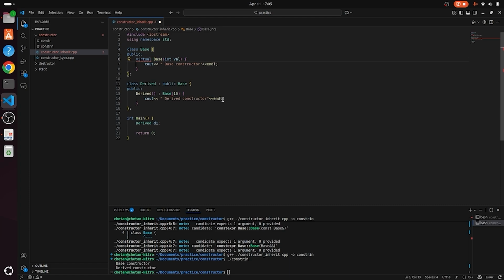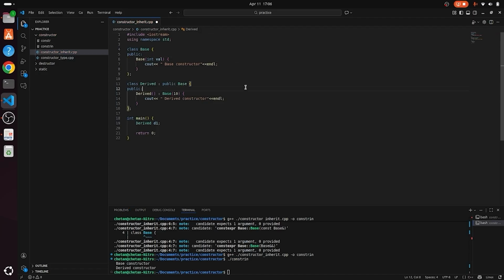So because of that, the virtual constructor is not possible because we cannot make an entry in the virtual table when there is no virtual table itself. So that's why virtual constructors are not possible. But we can create a virtual destructor because at the time of destruction, the virtual table will already be there. So we can have a virtual destructor. So I'll remove this. And now let us move on to some other concepts